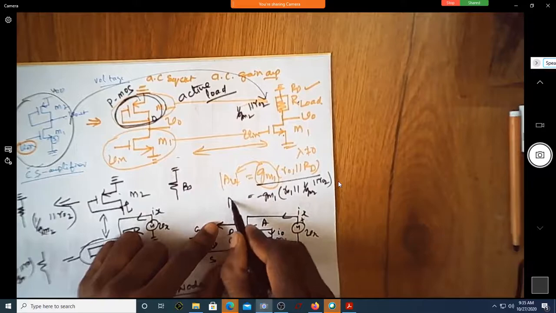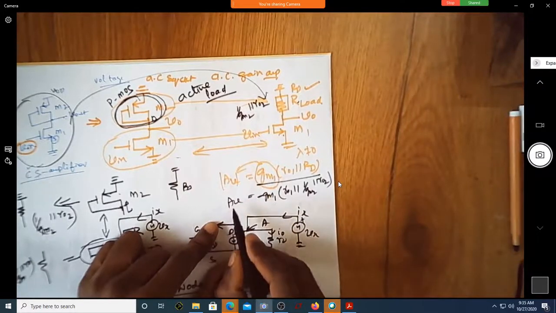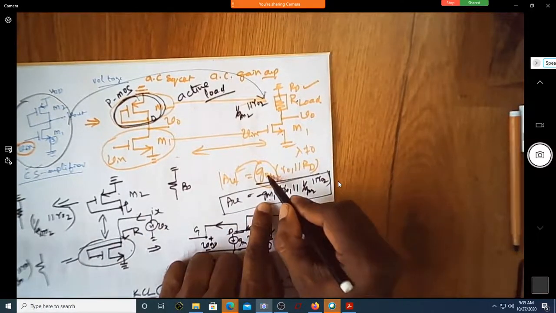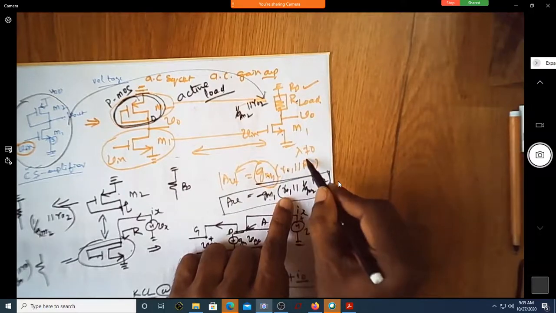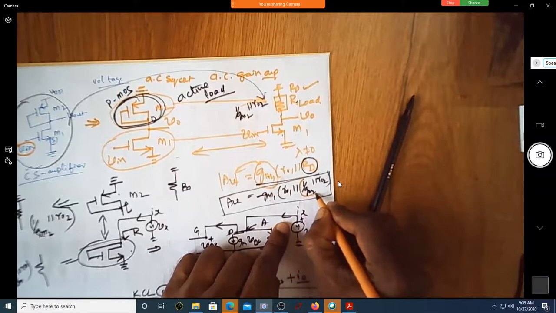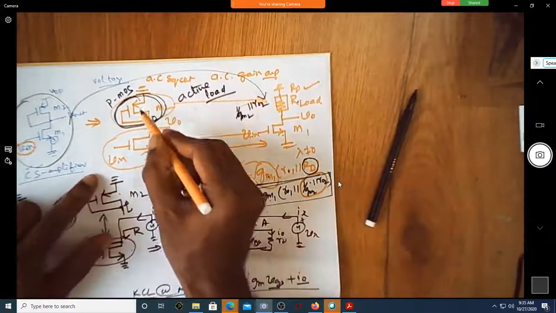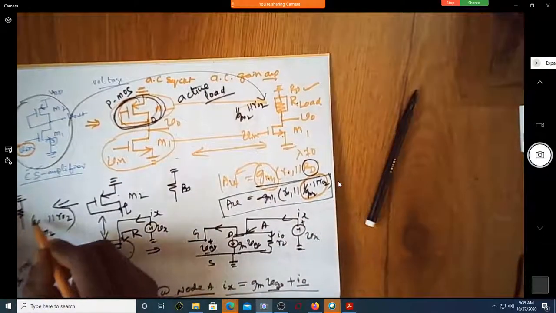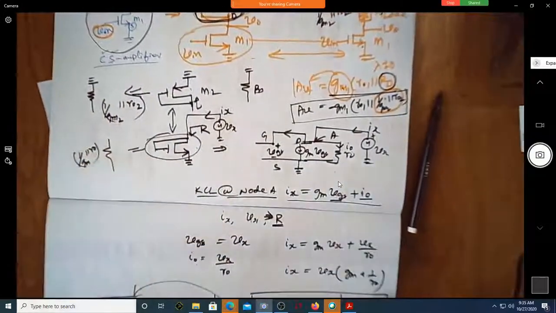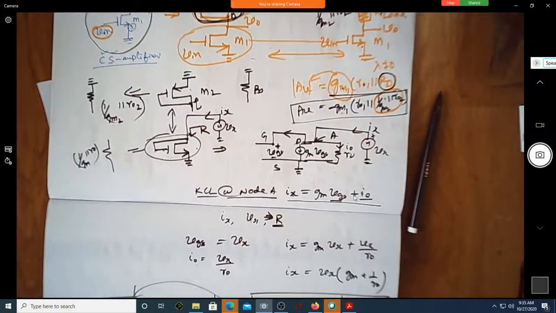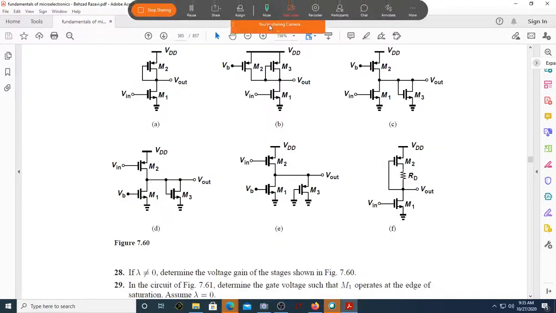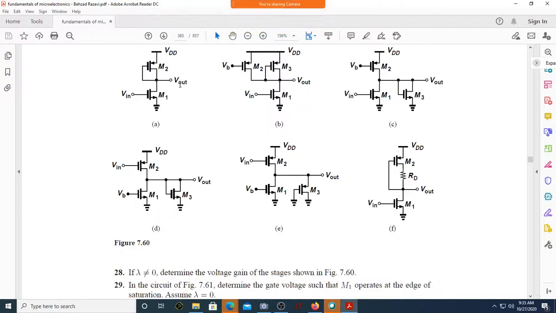So the expression of gain, I'm writing negative because I have not taken the magnitude. You can see it is Gm1 as it is, R01 as it is. Only in place of RD, I'm writing this value. Why this value? Because this is offering me a resistance of 1 over Gm2 in parallel with R0. Is it fine? Even though the circuit looks so complicated here, is it visible now? See now, what is the expression for gain now?